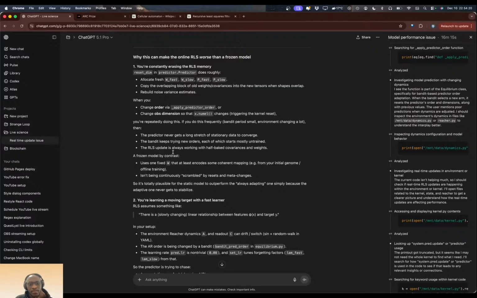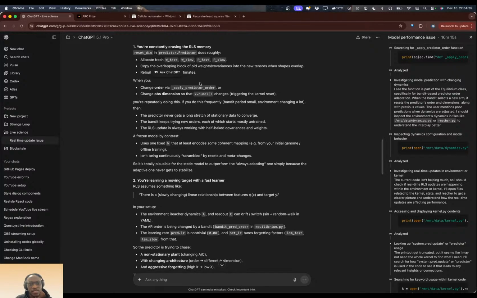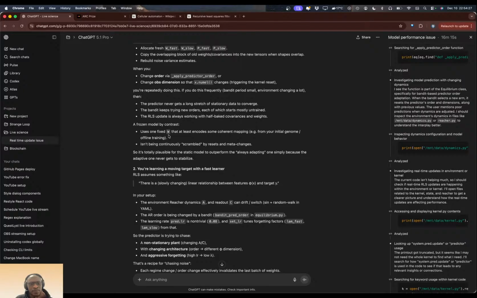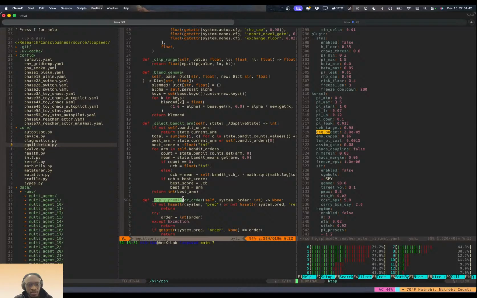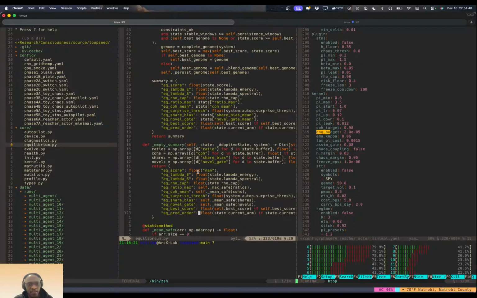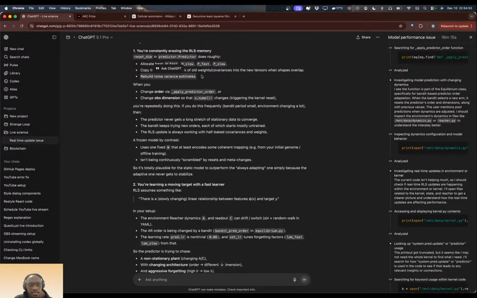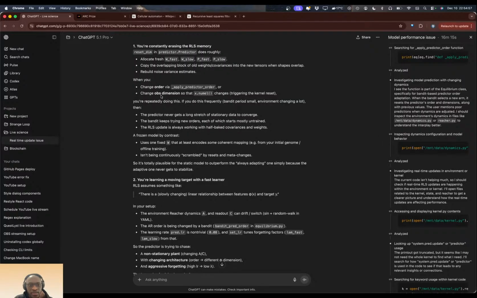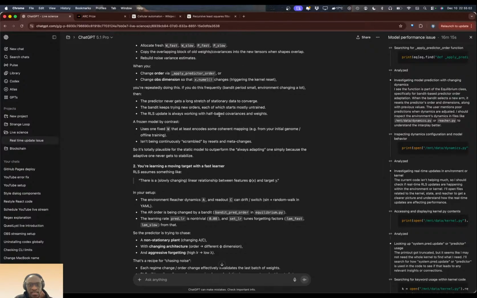Okay. Copy the overlapping block of old weights, covariance, prepare noise variance estimates. But that's happening only in... no, actually, the equilibrium is applied on every environment. Okay, let's finish this and change order predictor, apply predictor order or chaos observation dynamics so that these changes triggers